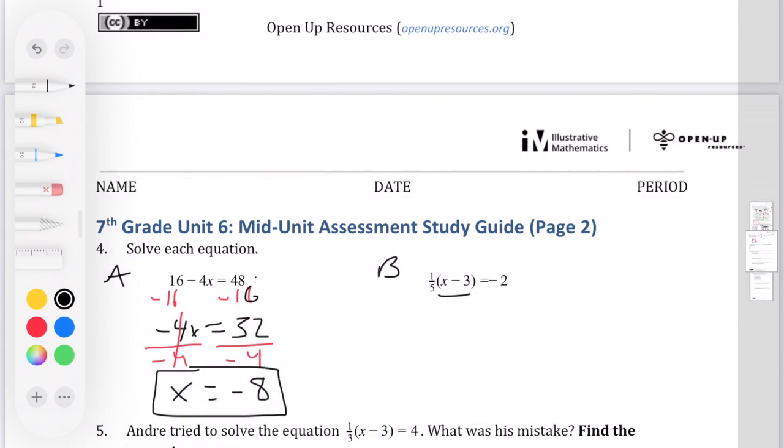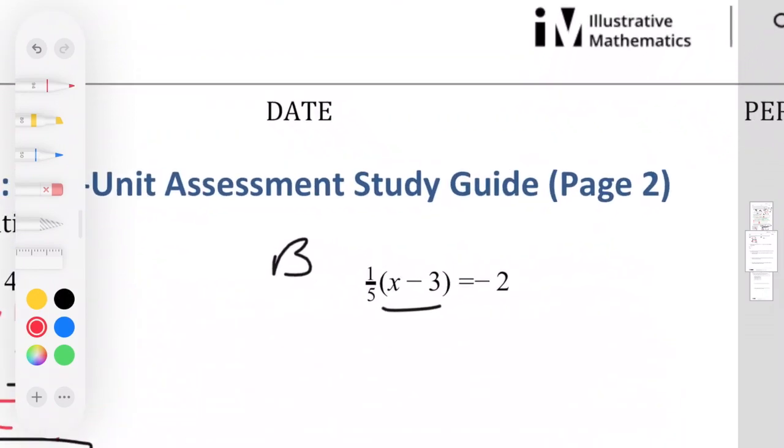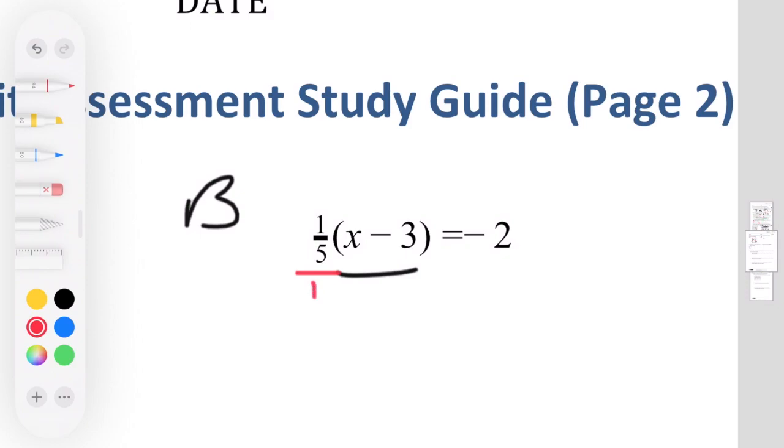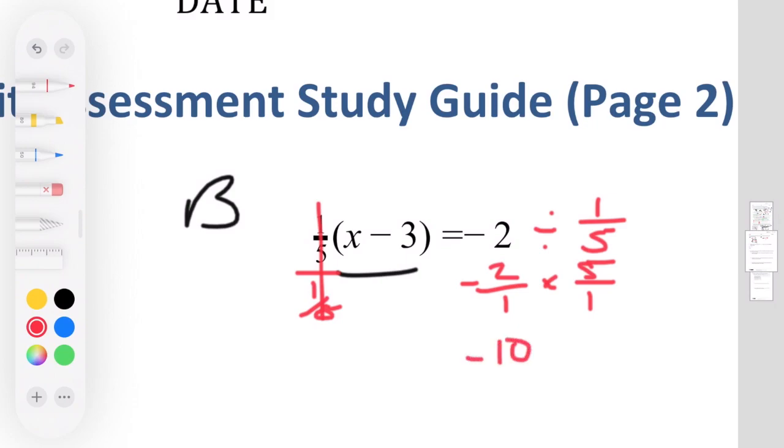On number 2, we have to decide, are we going to distribute first or are we going to divide first? I'm going to go ahead and divide. So I'm going to divide both sides by 1/5. That cancels out. But again, I'm dividing with fractions, so you should automatically be thinking of keep, change, flip. So we're going to keep our -2, but we're going to put it -2 over 1. We're going to multiply it now, and we're going to flip the fraction that we're dividing by to 5 over 1. So negative 2 over 1 times 5 over 1 equals negative 10 over 1,